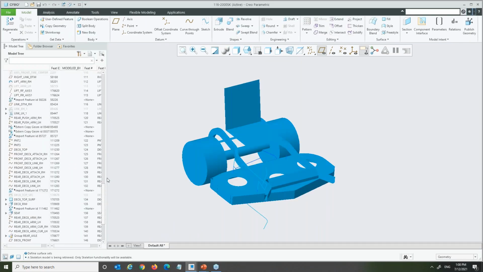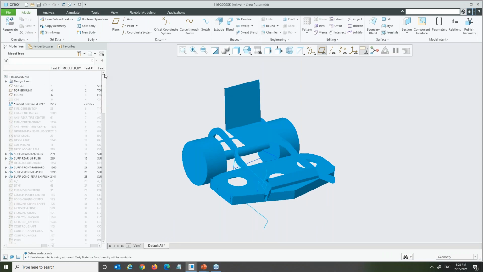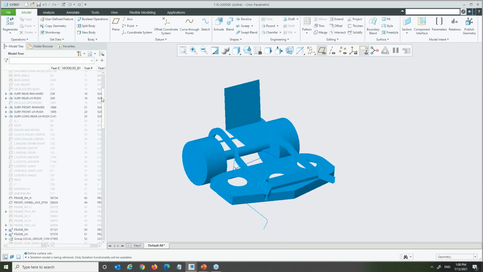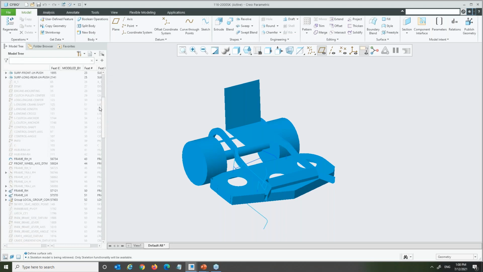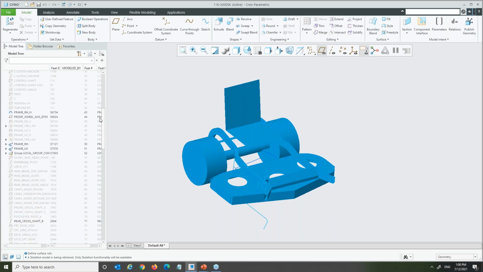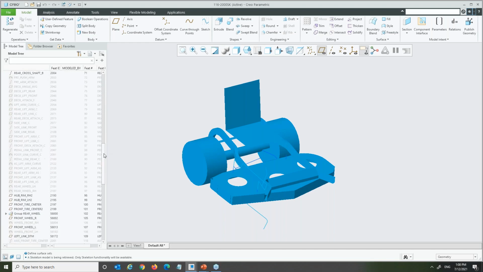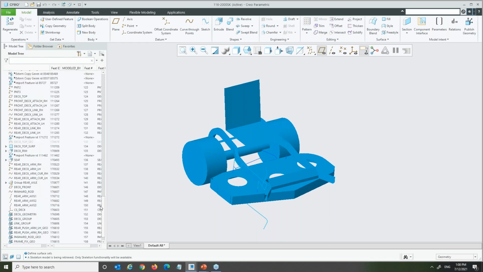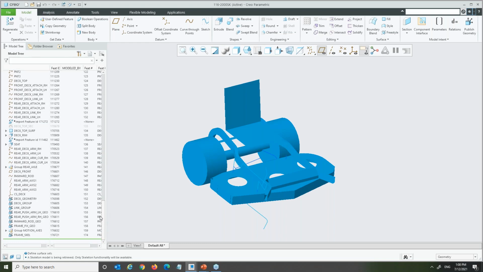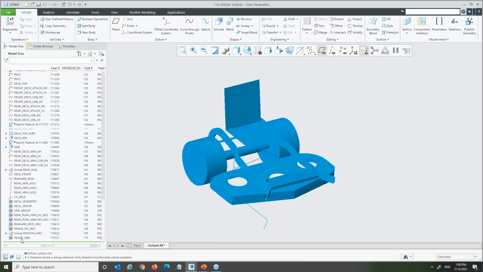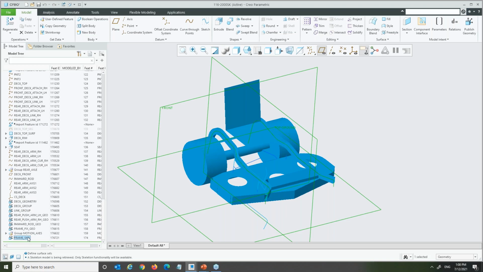It is not just the dimensions, you can see a lot of geometrical features also that drive the whole model. So we do not need to reuse and reference all of them. Some of them can sit inside the skeleton model for future records. We only need to publish what is required for the design. So you can see I have some of those published geometries created.